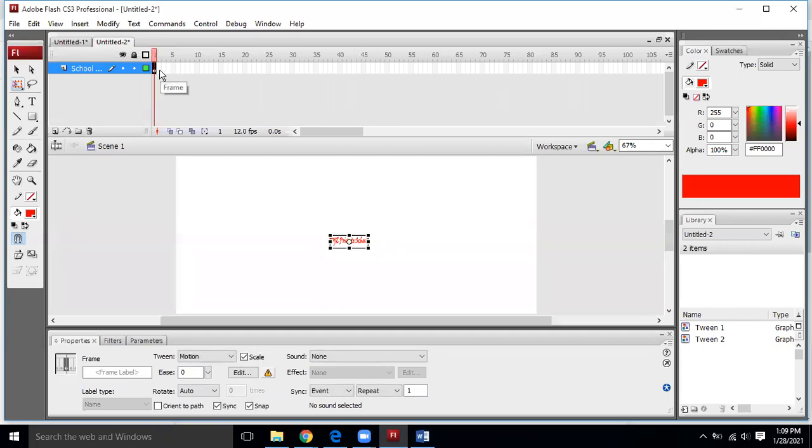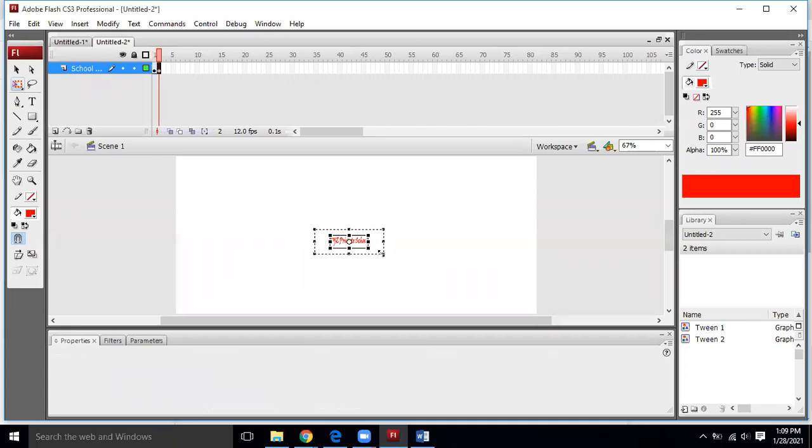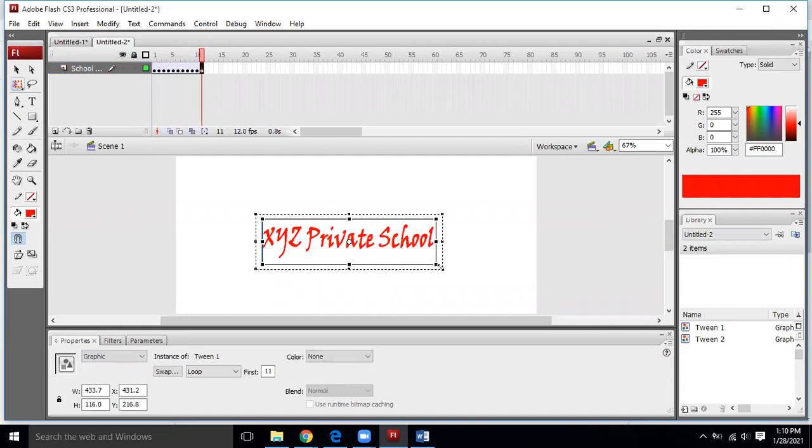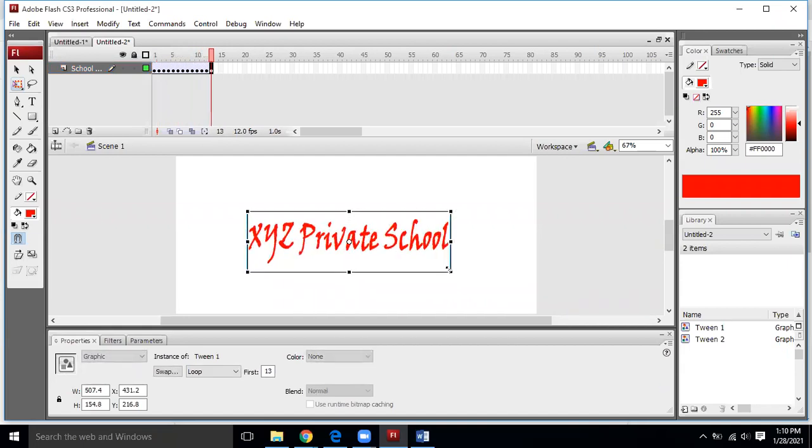After pressing F6, I increase the font size. I press F6 again, I increase the font size. In this way, by pressing F6 each time, you can increase the font size, which basically creates the effect of frame by frame movement.